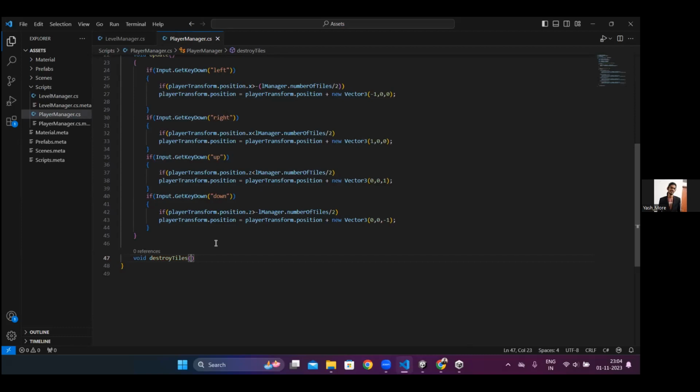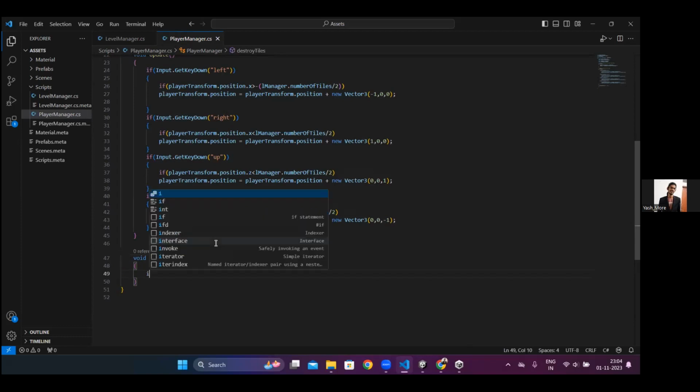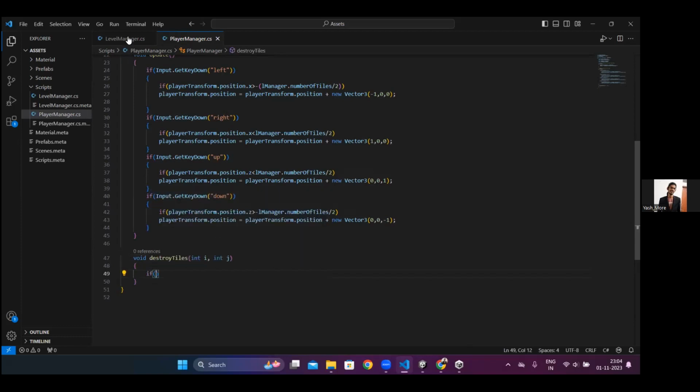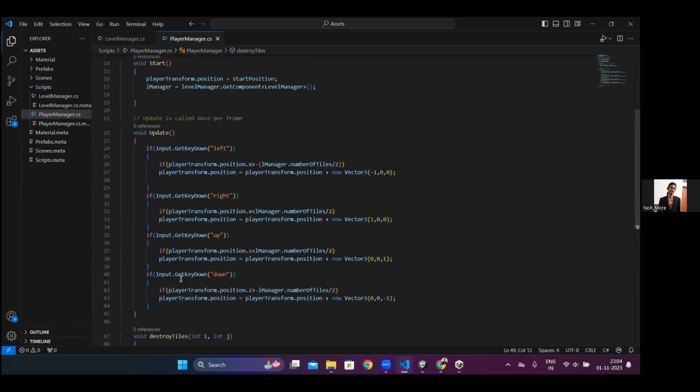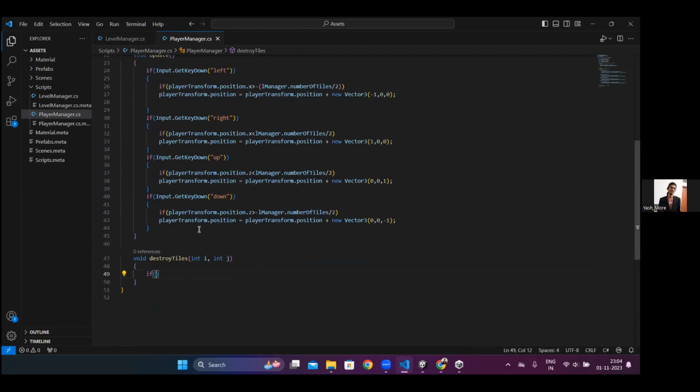And it will take two parameters, basically the coordinates of the tile. And what I will do, so we want to see if the tile exists or not, if it is already destroyed or not. So basically, if